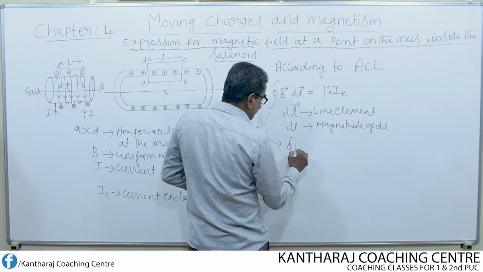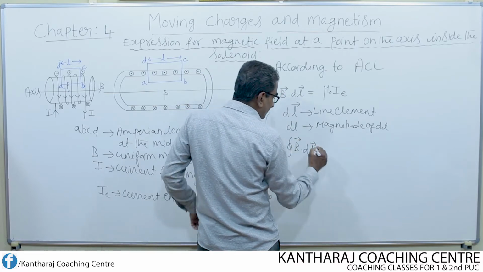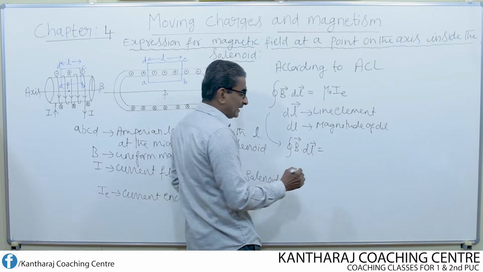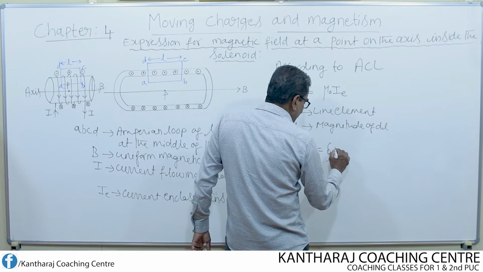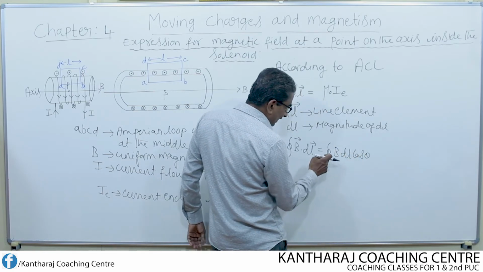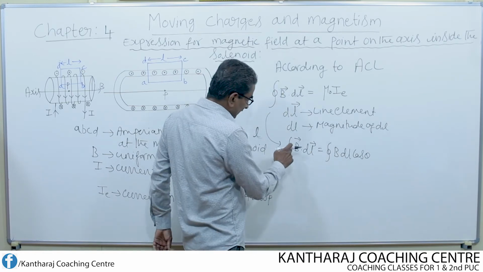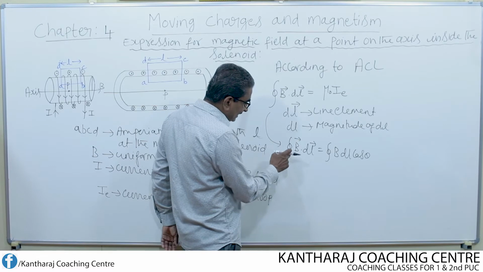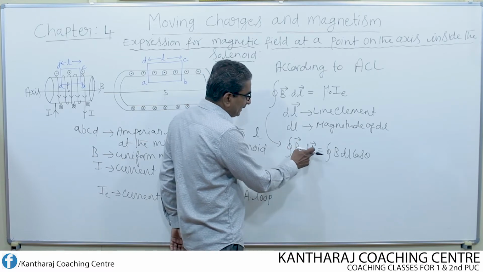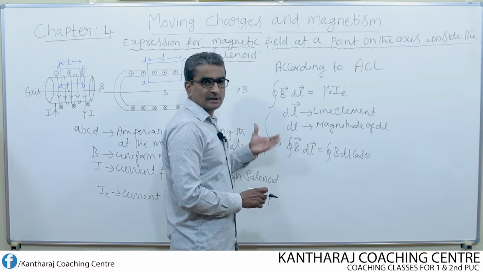Look here, B dot dl, I consider only the left hand side part. This can be expanded and rewritten like this, B into dl into cos theta. So this is an integral, and the circle represents an integral over a closed path. With B dot dl, it is nothing but the line integral of the magnetic field. So this we have understood in our previous class.